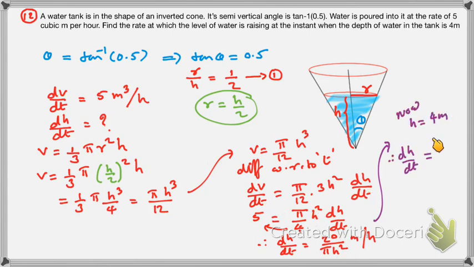Now the h value is given to you as 4. Plug it in into this 20 by pi h square. So 20 by pi into 4 square. 4 and 20 will cancel. 4 goes in 20 five times and the denominator is 4 pi meter per